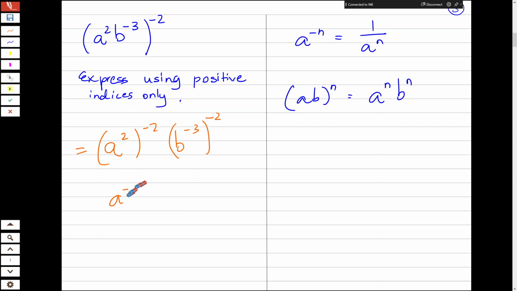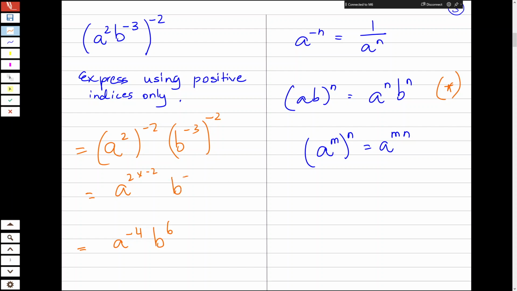Okay, so if I were to show my working, so what you've got is fine, Matt. You've gone straight to the answer. Yeah. So what I've done is I've applied this index law first. Yeah. And then there's another index law that we're applying here, a to the m, all to the power of n, is that. So it's a to the power of 2 times -2 times b to the power of -3 times -2. Okay. So can you see that there was actually